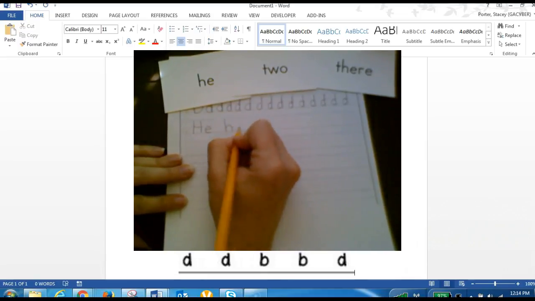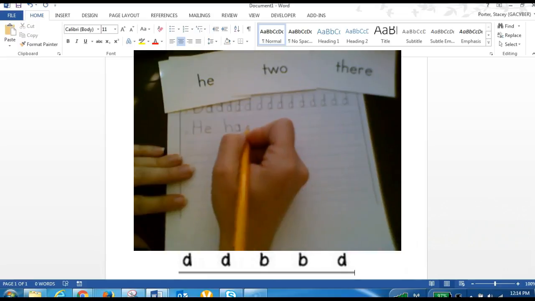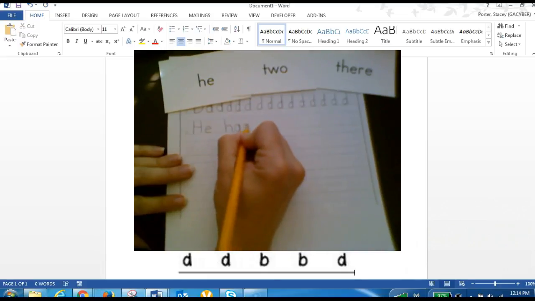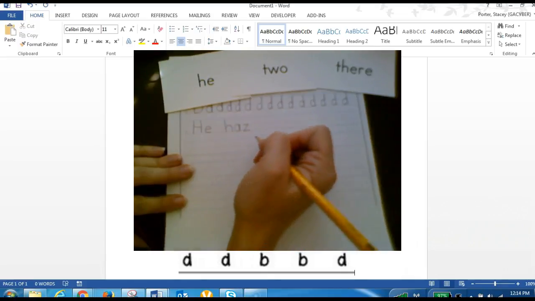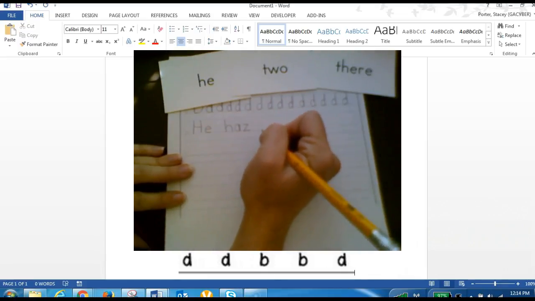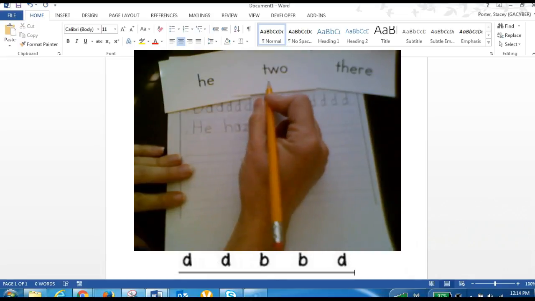H, Z. It sounds like a Z, so we'll sound it out that way, but has is a sight word, so we should know that it's actually an S. But I'm going to sound it out. Has, it has that Z sound. He has 2